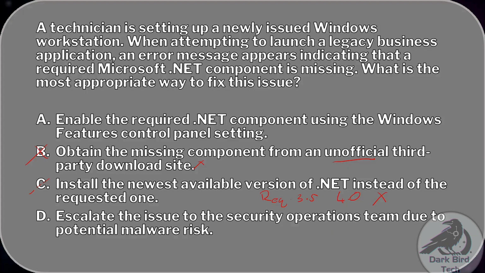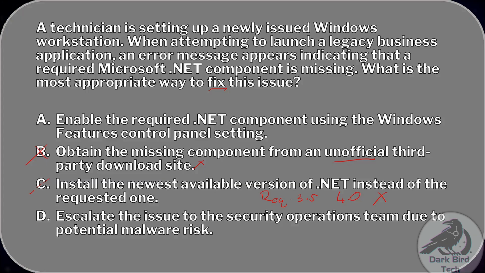Option D is to escalate the issue to the security operations team due to potential malware risk. This is something an organization might consider having to do if you need to be hyper secure and on top of your applications and application version control to minimize risk. But it's not going to fix the issue. Besides which, this is a legacy business application. I assume a decent risk analysis and appropriate controls have been put in place to handle the security implications of said legacy application. And the question is asking us to fix the issue, not to make the environment more secure,